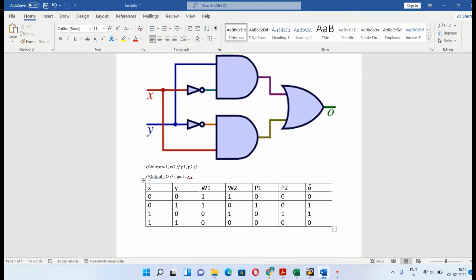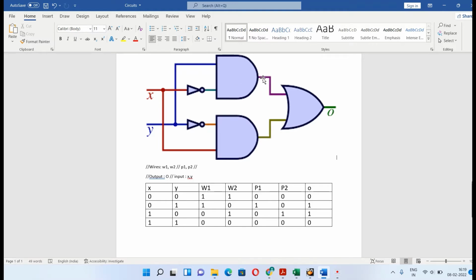So here we are having two inputs and one output O. For the intermediate inputs, we can take wires. So for the first NOT gate, I am taking wire W1. For the second NOT gate, I am taking wire W2.